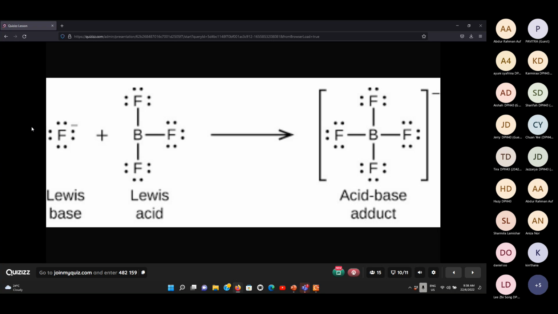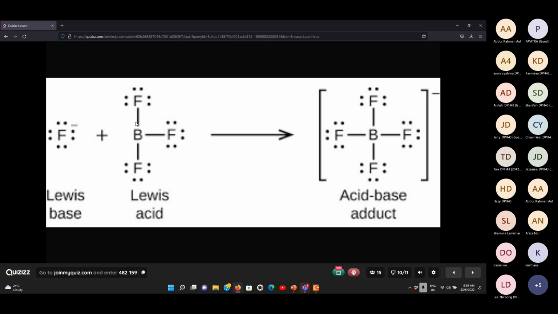So this fluorine, in its outermost valence shell, remember we learned in chapter 3 weeks ago, you may have forgotten, can hold as much as 8 electrons, in the form of lone pairs like this. So these 8 electrons exist as lone pairs, 4 pairs. By definition, when it reacts with boron trifluoride on the right, BF3,